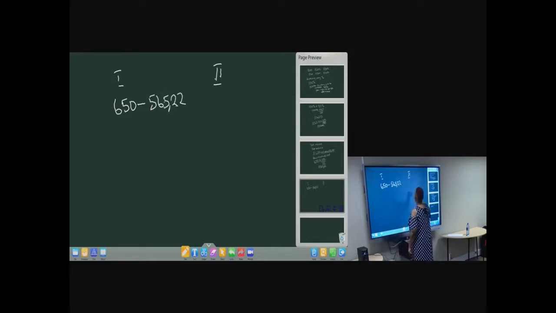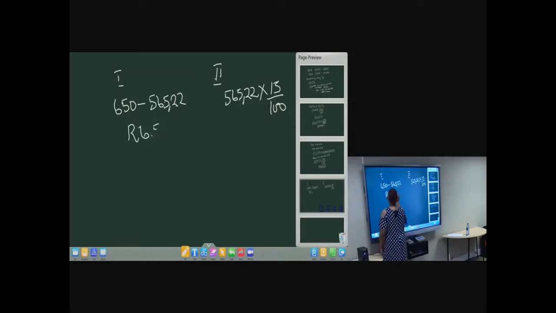Or in method 2, you can get the 15% of 565,22. So there are two methods which we can use, and then you can get that your VAT is